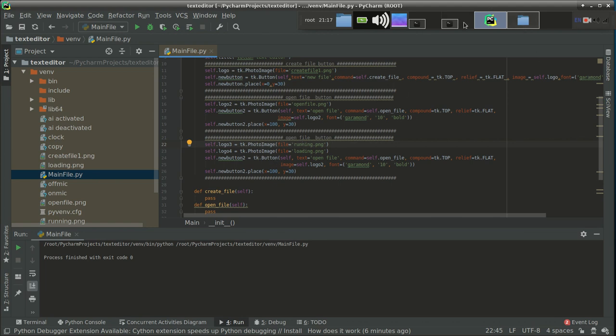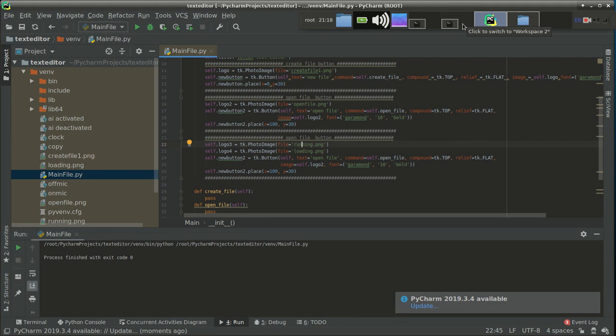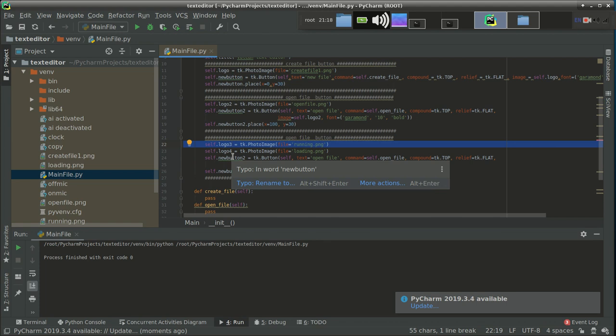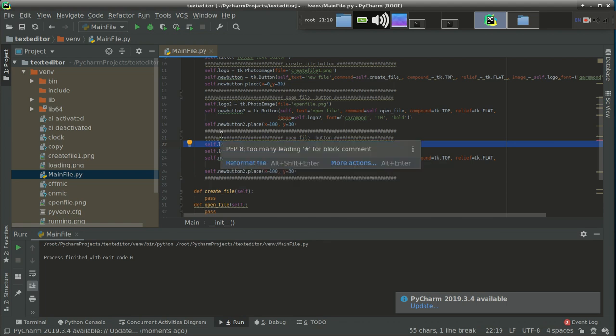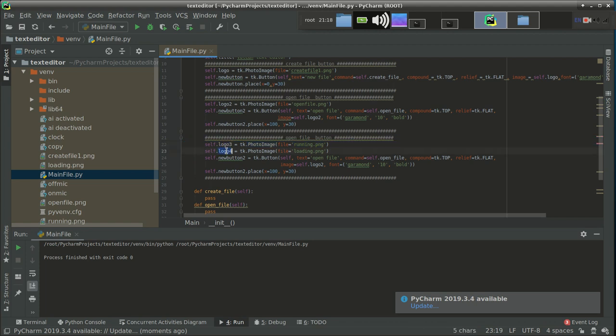These two images are currently not functional, so we want to make our program runnable. So right now just put logo 3 only. Whenever this program is functional, then in that case we will use this loading logo.